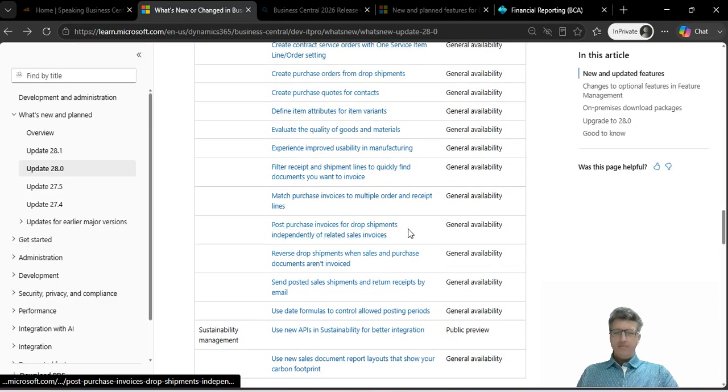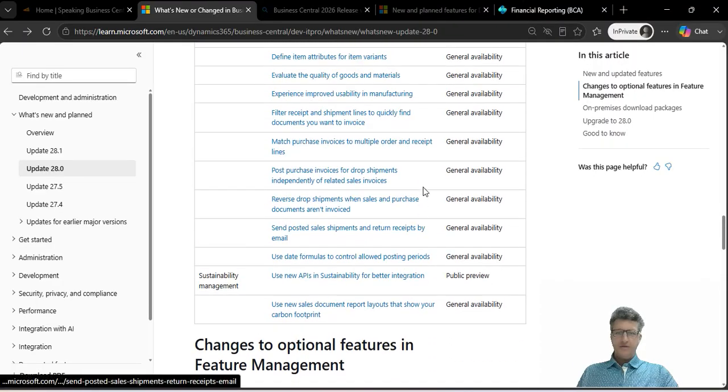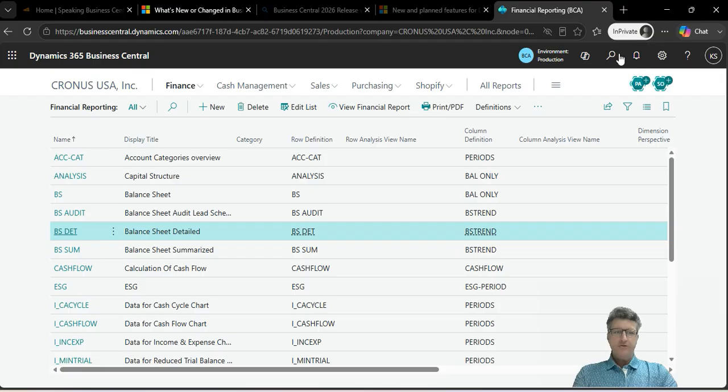Okay, and then I think I got. Let's see. One more thing. This kind of seems like a small little thing, but for the people that process month end, one of the things that you have to do at month end is you have to go in and manually update the allowable posting dates, either on a general ledger setup table or the user setup table. And you have to go in each month and update it for each month. What you can now do is